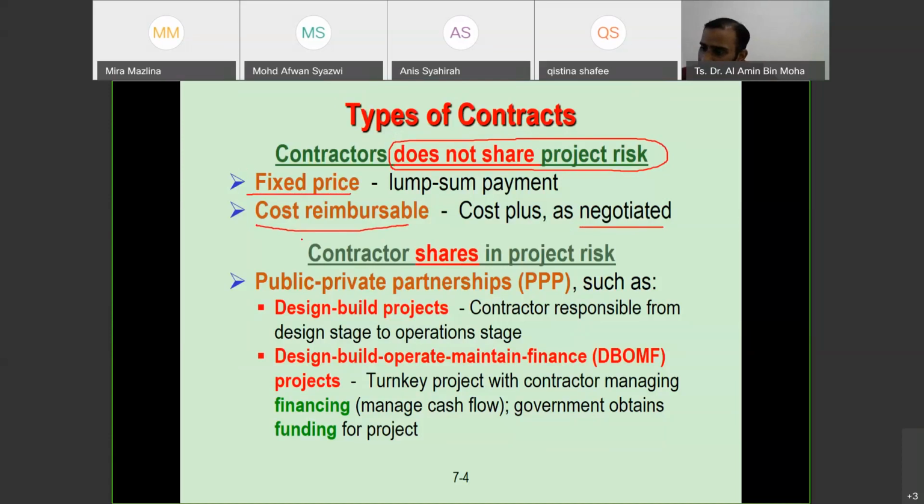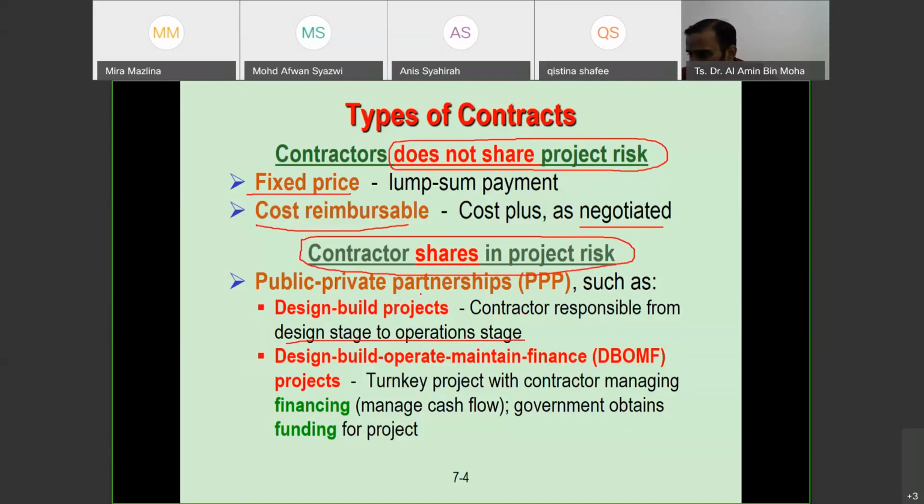We also have contractors who share in project risk. Usually we call it public-private partnership, such as design-build projects. So the contractor is responsible from the design stage to the operation stage. We have one